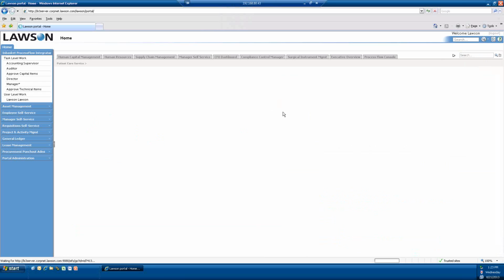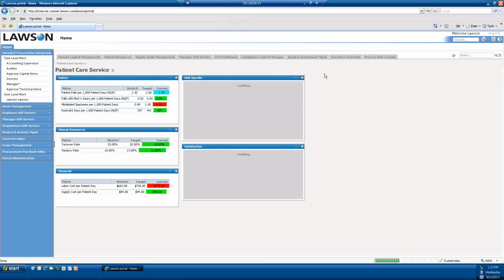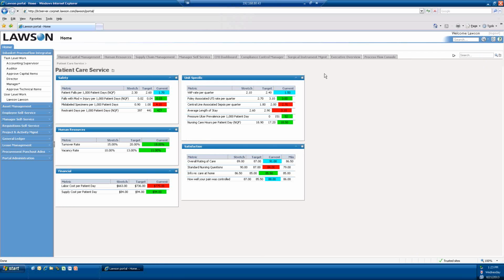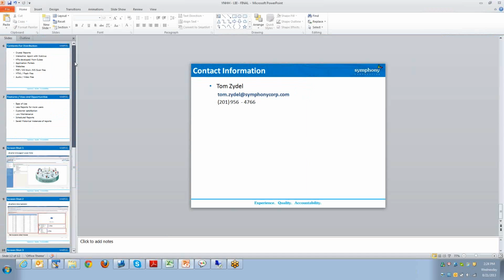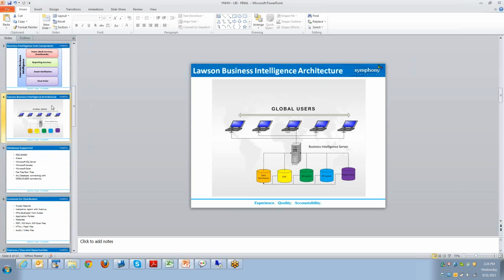Another dashboard that I wanted to show is the patient care services. This is coming from Epic data, right? So this is not limited to the Lawson database itself. It is coming from Epic. So when I go back to my slide of the architecture,